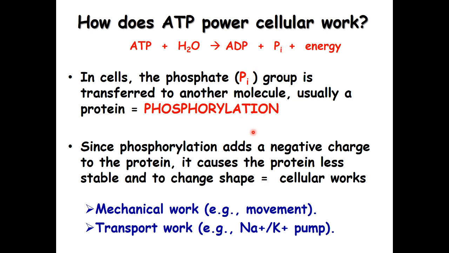But another better example is, you remember phosphate has a negative charge. So if you put a negative charge on a protein, you're going to change its structure. Now, the example you already learned is the sodium-potassium pump. Remember, the sodium-potassium pump requires ATP. Once the ATP binds to it, it turns into ADP, and the energy is used to pump sodium against its concentration gradient. And then at the end, the phosphate that's left on the pump changes the structure of the pump, which then allows it to bind to the potassium outside of the cell and bring it back in.